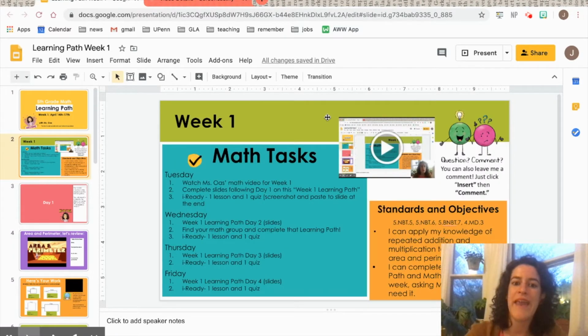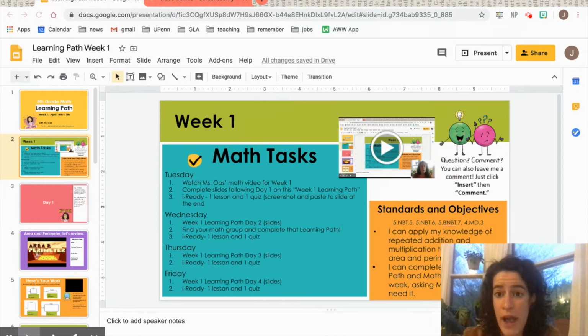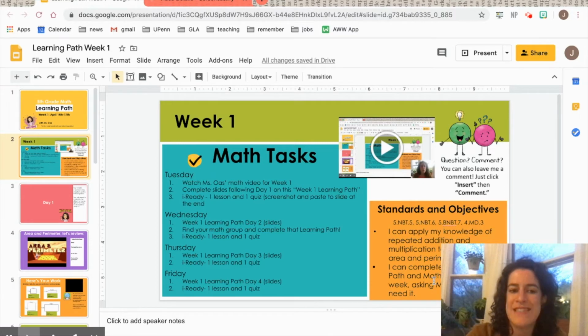Okay, so week 1 has our list of math tasks. These are the same as your math tasks that are listed on our digital learning checklist for all of 5th grade, but this is just the math ones. Okay, so remember that this week we are trying to learn about area and perimeter, but I also want you to understand how to do all of this online learning. So I'm not really as focused on you getting everything to do with area and perimeter as I am for you to be understanding how our online learning works, how our Google Classroom works,